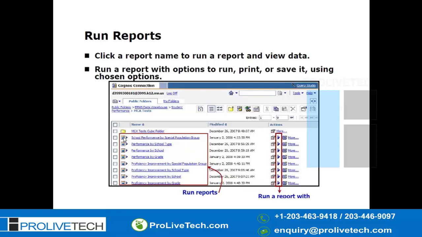If you see the globe icon, you can understand that it's an HTML report output type. Whereas in run a report with options, you will get other options. You can see the same report in multiple output formats. Also, you can print or save it using the other options.